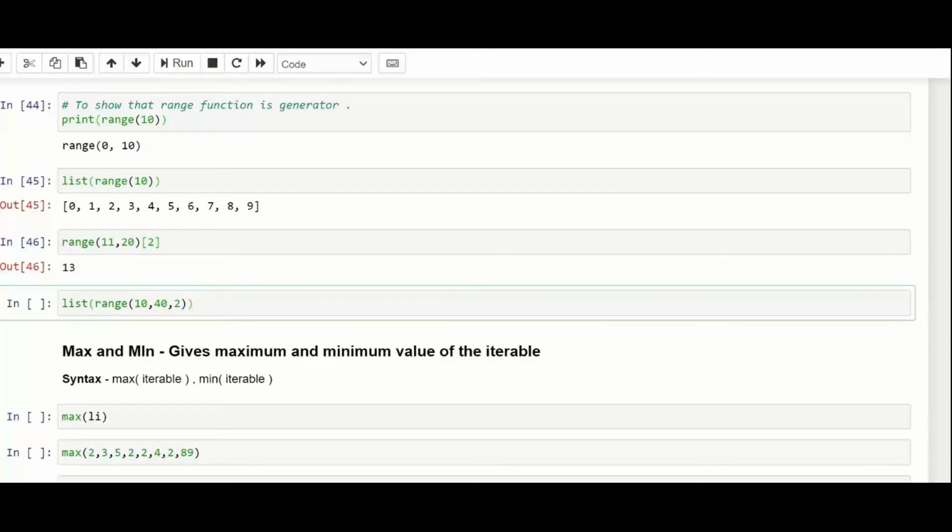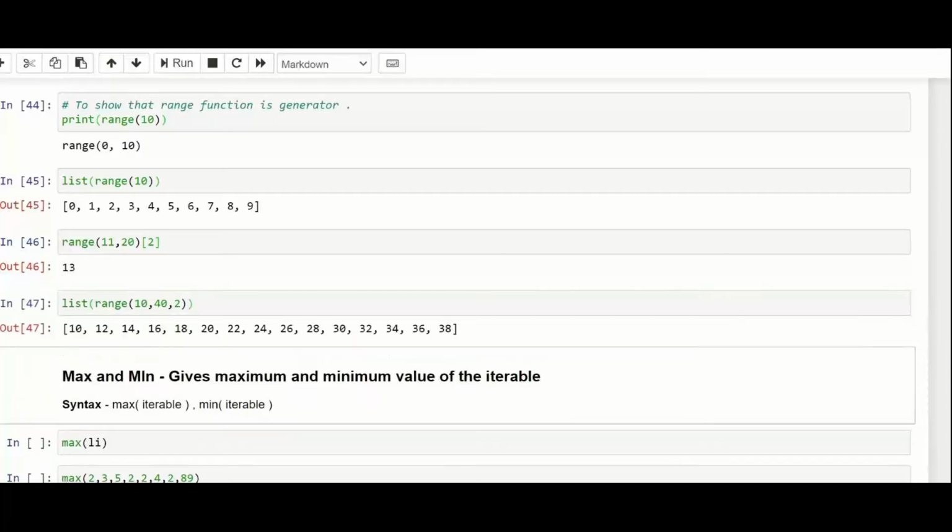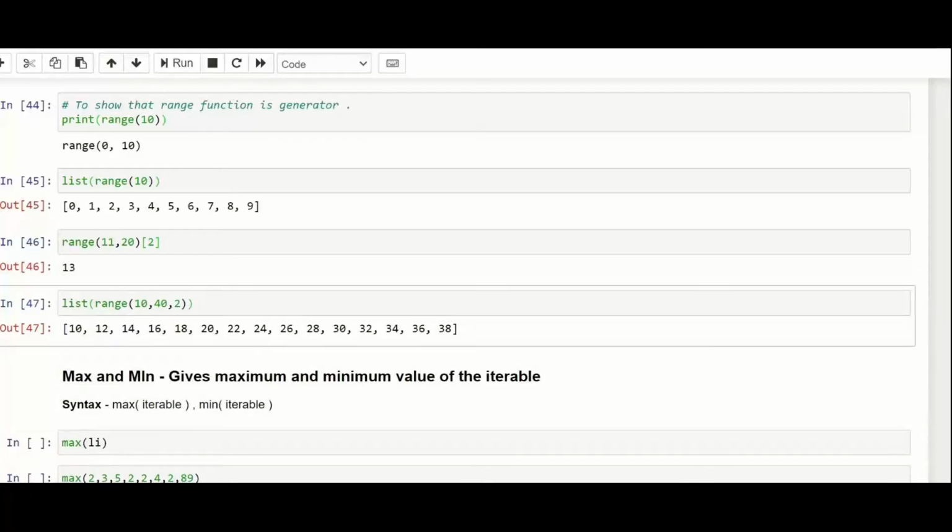And now I will just show you the answer for the same. So it is 10, 12, 14, and 16. It will start with a 10 because the starting element is 10. It will go till 39 because it will not cover 40, and it will just jump. So when you have a step of 2, it means that there will be a skip of 1.